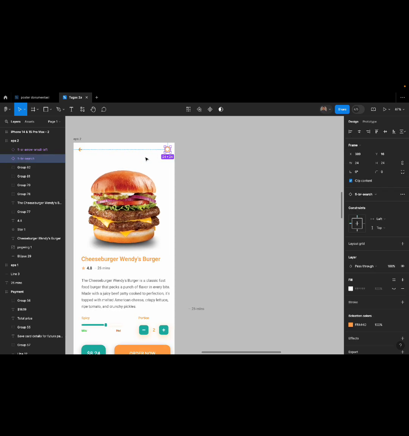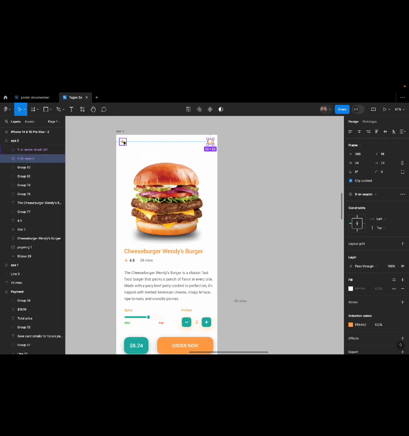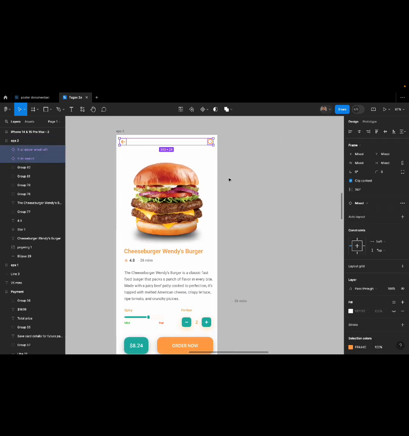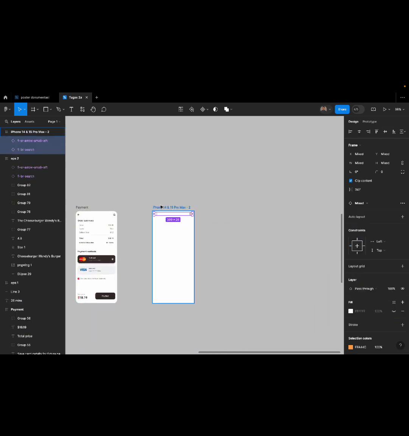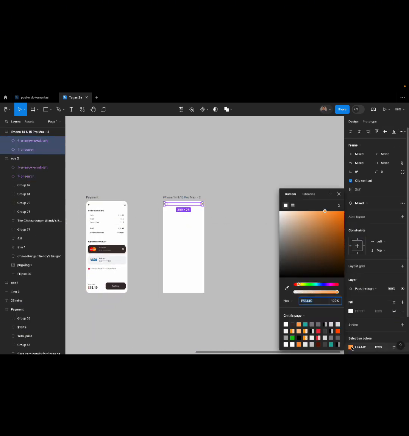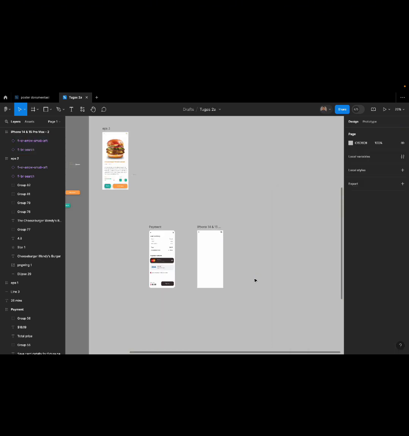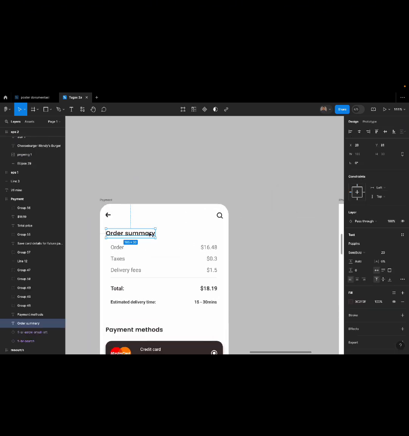We can copy this and change the color to black, and then